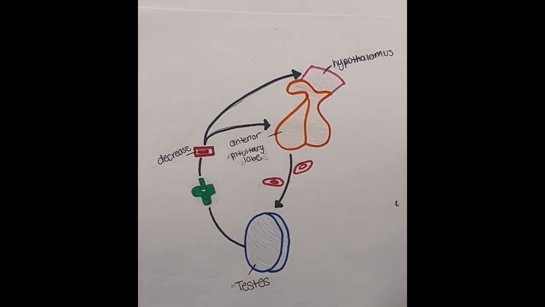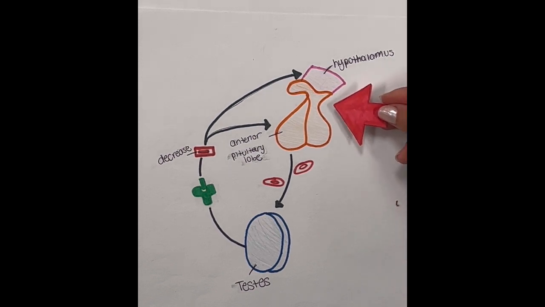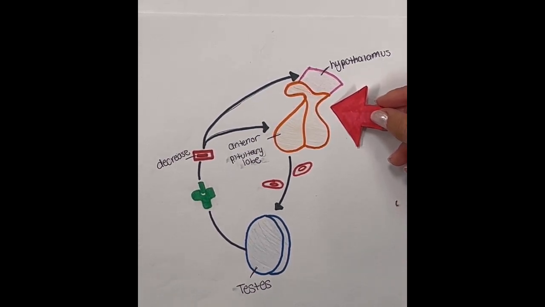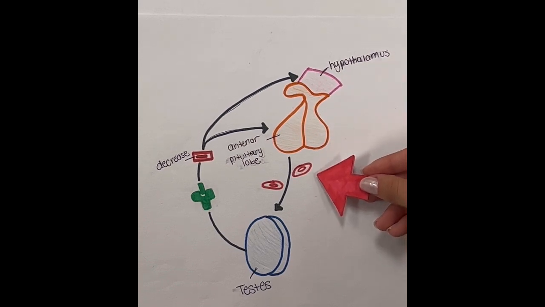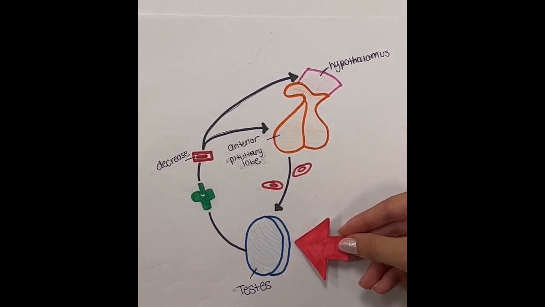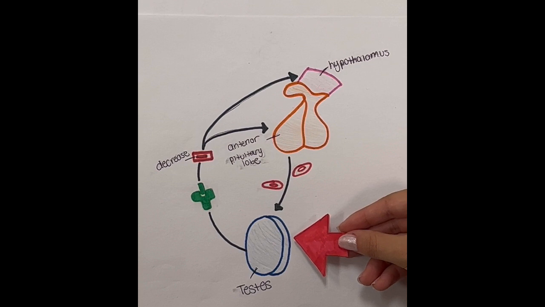In order to terminate the testosterone response, the follicle-stimulating hormone is released. This hormone is produced and secreted by the anterior pituitary. The FSH signaling pathway occurs on the Sertoli cells of the testes and regulates the production of testosterone. The receptors of these hormones are called follicle-stimulating hormone receptors, or FSH receptors.